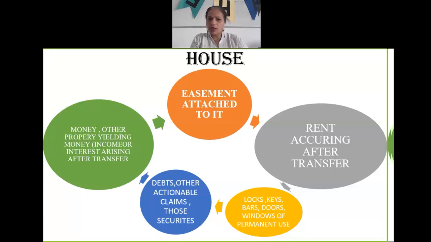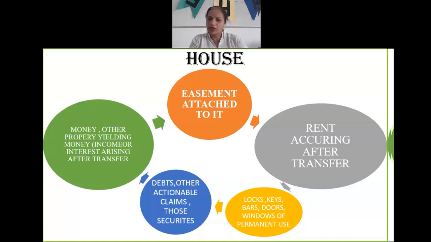Not only the students, but the money, their property yielding money, income or interest arising after that particular transfer would also be considered a legal incident attached to that house. Hence, when the transferor is transferring that house to the transferee, all these legal incidents would be covered under the head house and would move from transferor to the transferee. So let us see once more the easement attached to it, the rent occurring after transfer,